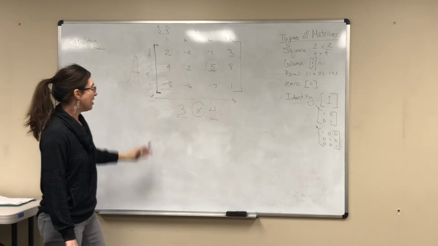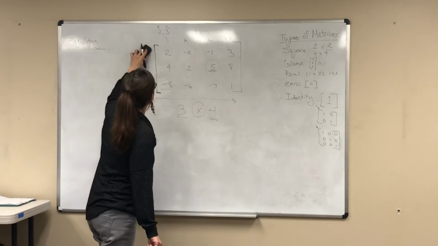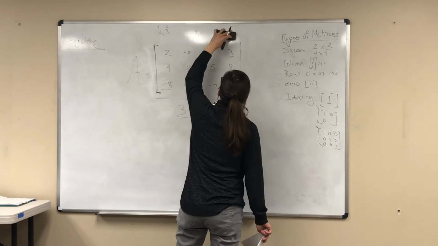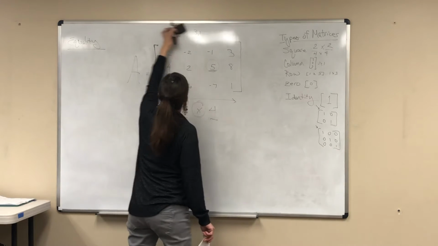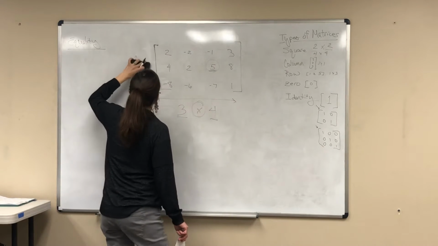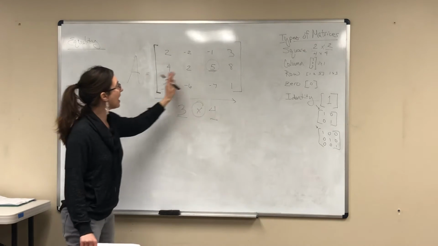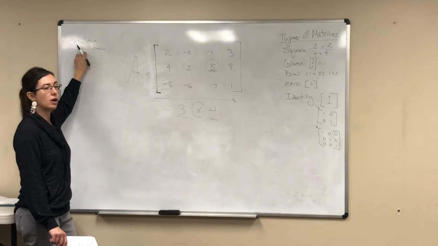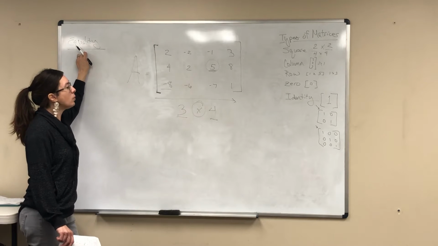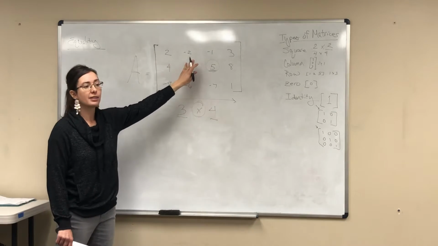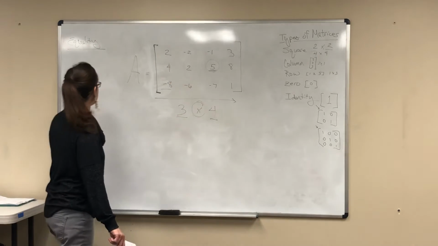Okay. So that is why we use them. What is great is that if you have matrices that are the same size and exactly the same, they are called an equality. So if I wanted the equal matrix to A, I would simply rewrite this exactly the same. Now,